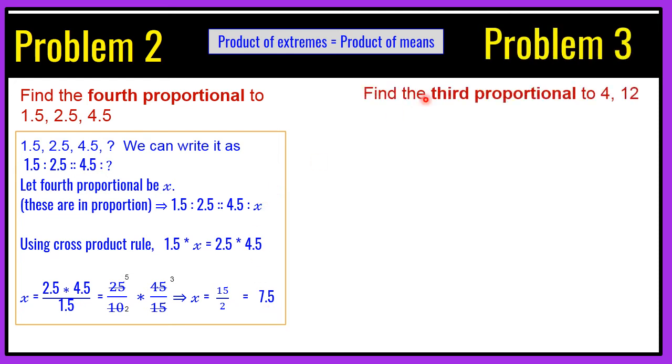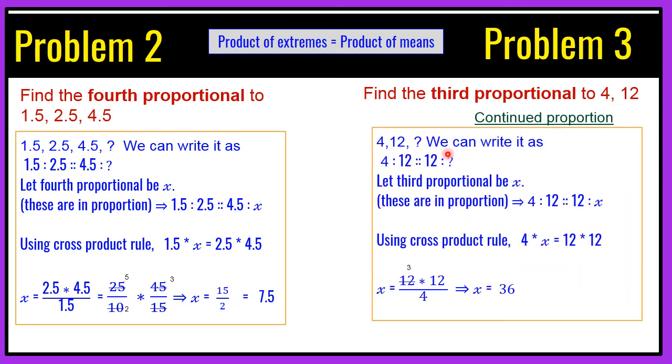What is given? Find the third proportional to 4, 12. Now if you remember this third proportional, by looking at this term, we can say that this is the question of continued proportion. So we don't need four quantities, we actually need three different quantities only. And how can we write this 4, 12, and let's suppose the third proportional, we suppose it as x. So how can we write it? Please pause the video, write it down and then check. And if you are not clear, please go to the last video related to proportion and continued proportion.